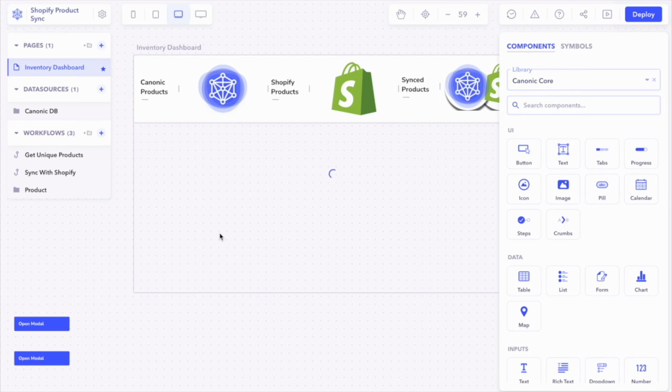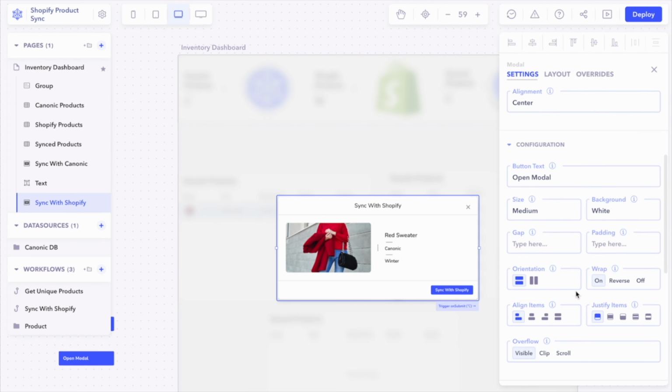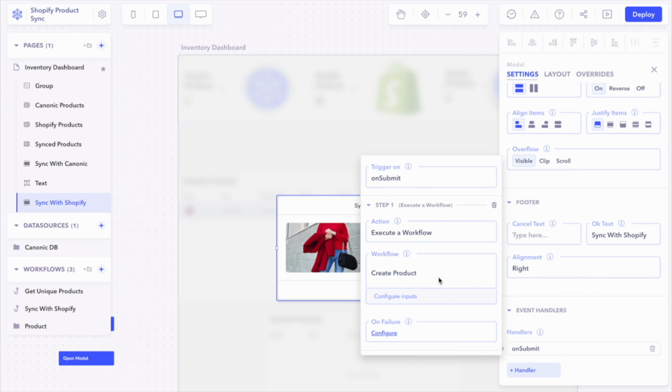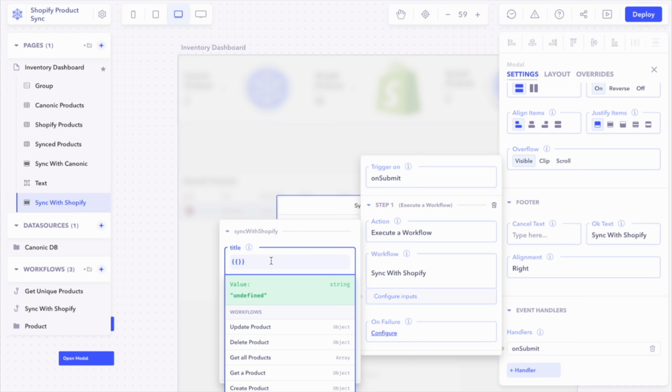Now we can use this workflow to trigger the handler of the sync with Shopify button. We will pass the data from the components. We can keep the rest of the handler flow as is with